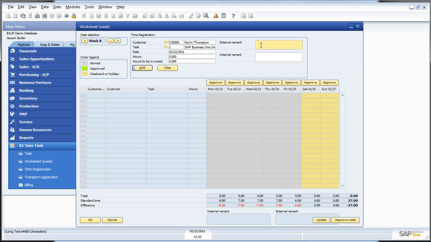I can do some external remarks. Those are the ones getting onto the invoices, while I can do some internal remarks for more tracking internally. So this was installing SAP Business 1 Core. And the internal remark could be all local. I'll press add,